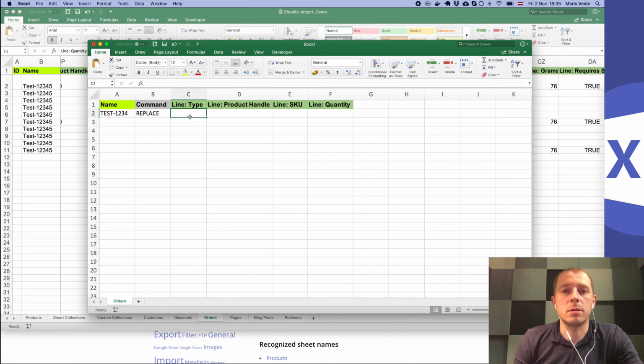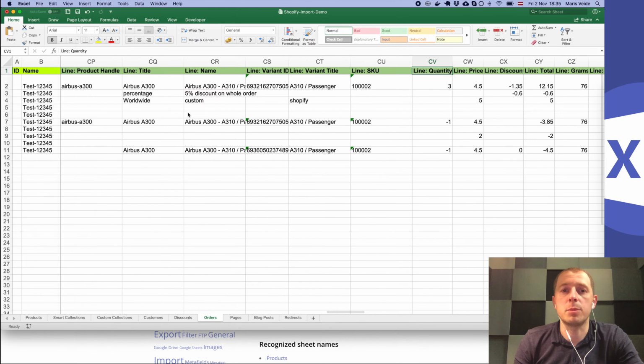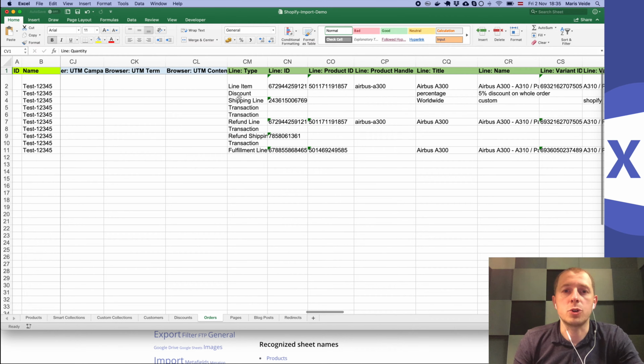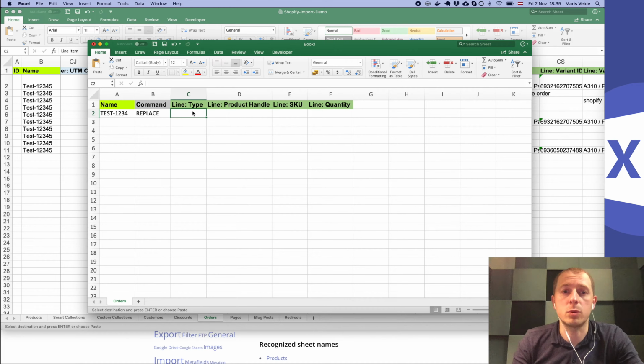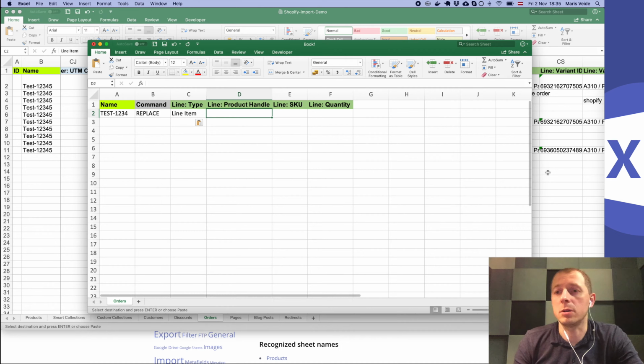Okay, and then the line type. The line type should be like to just create an order. Shopify needs a line item. You can't have an order without a line item. So let's put the line item as the only line type. And now about the handle, let's go to the store and find what's the handle for our product we will